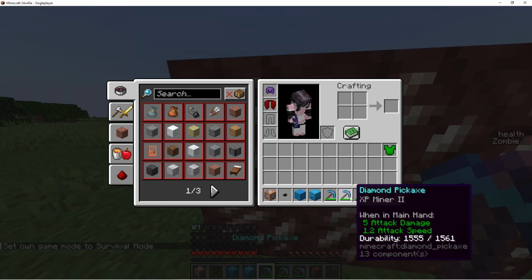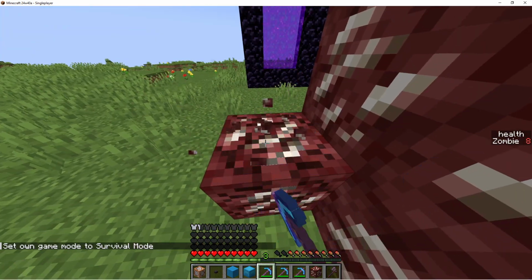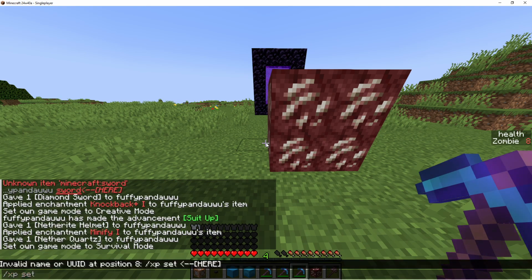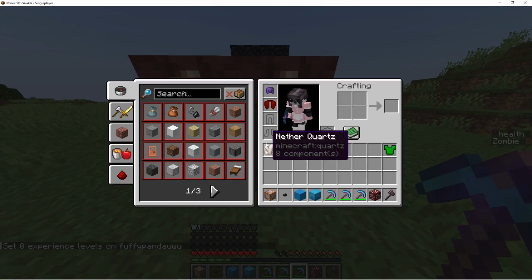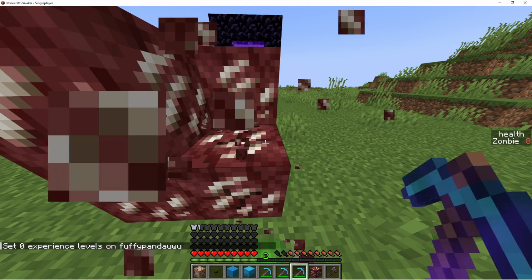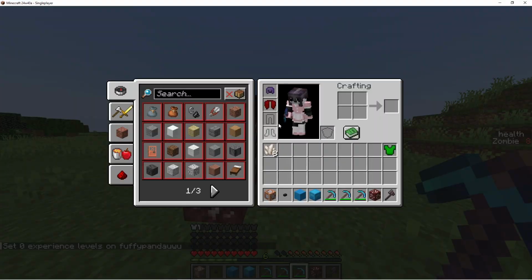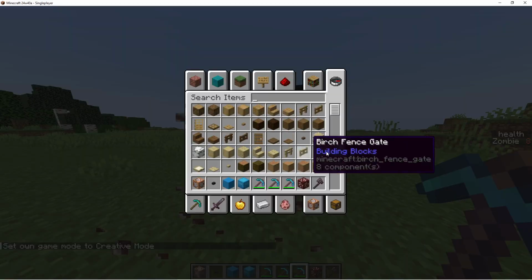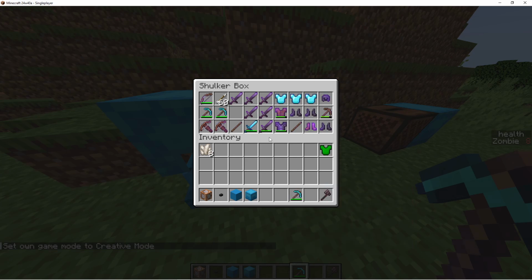you can see with XP Miner 1, I will get a bit over 4 levels. But if I use XP Miner 3, you can see I get up to 6 levels. So if you want to make an enchantment that gives you more XP, you could do that, which is neat. Next we have